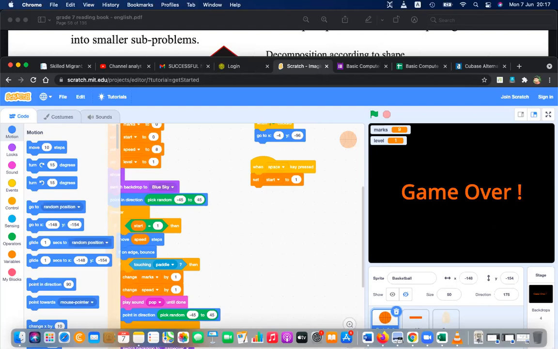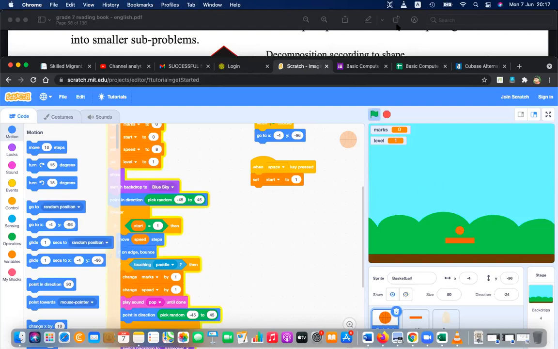Okay, now you saw this. So I just wanted to ask something. When I start playing this, I just want to know whether this is a simple problem or a difficult one. Here this ball is moving up, right? Then I have to paddle it. When I'm paddling, I'm getting marks, and my speed is also increasing.